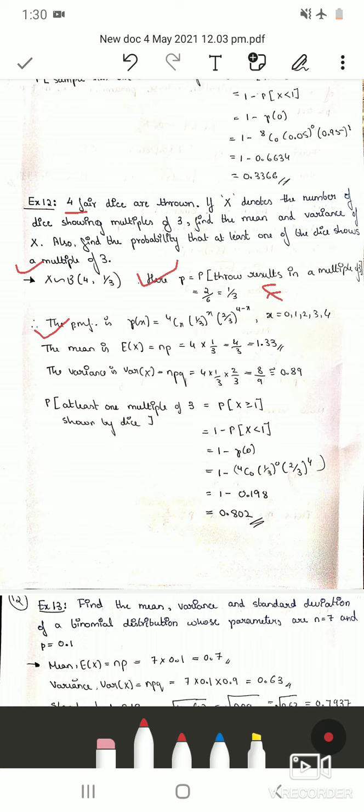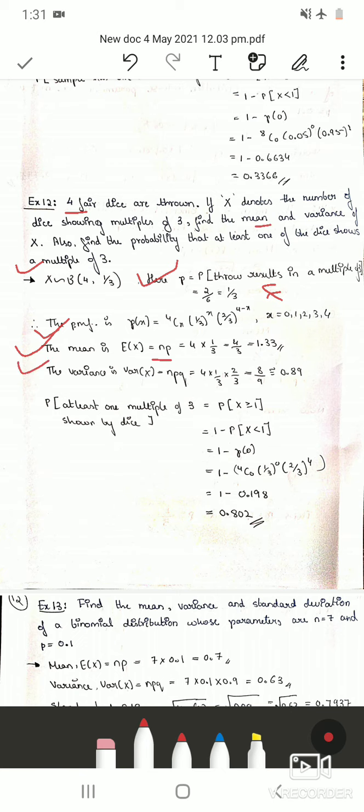They have asked to find out the mean. We know mean is n into p. Since we are dealing with random variables, the mean is always denoted as expectation of x, or E of x. So E of x is n into p. This I had discussed in the very second class of binomial distribution. We had seen in the properties that the mean is n into p. We know what n is, we know what p is, so we will substitute. n is 4 and p is 1 by 3. Therefore it is 4 by 3 or 1.33. So one question is done.